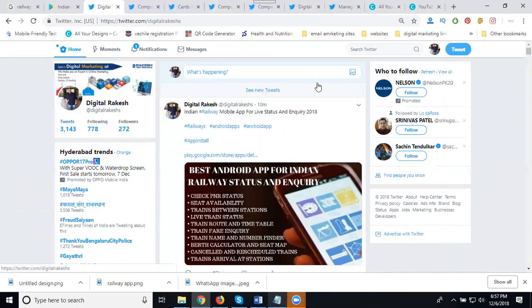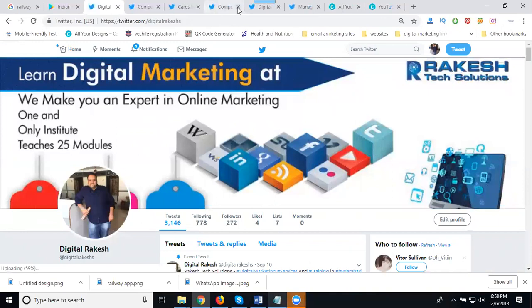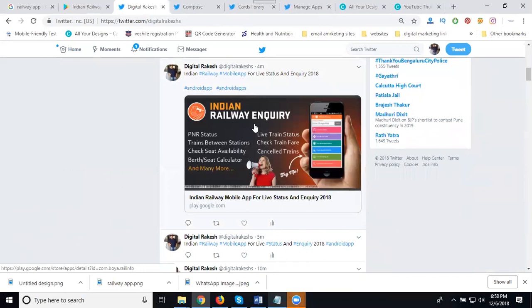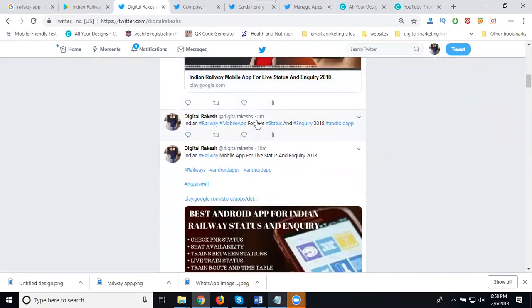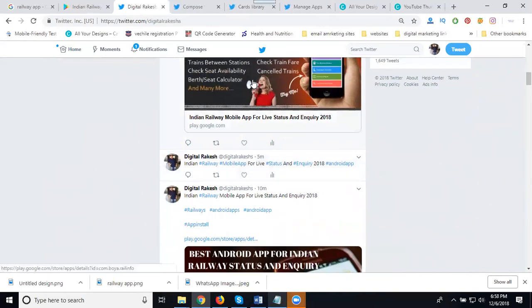Just click for tweets. Just come down. Here is the first option. Here is the second option. They're showing the code of the fourth. You can promote an app with image only at promotion time, meaning when we are promoting for Twitter ads. So if you're promoting any of your apps, that is called using website card. So I'm clicking which one? Play.google.com.